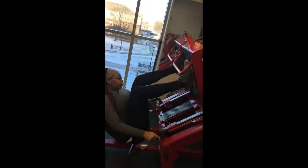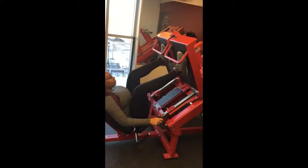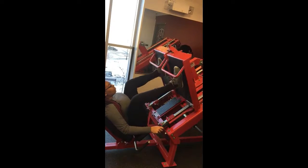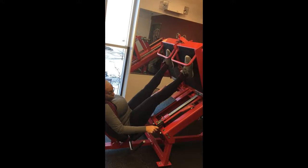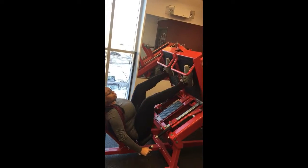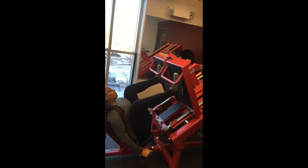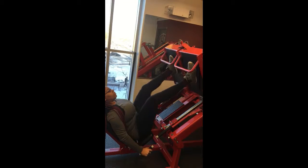As she's doing leg press, the joints that are changing angles are the hip and knee joints. The primary muscle mover for the hip joint is the glute max, and the synergists for the glute max are the hamstrings. The primary muscle mover for the knee joints are the quadriceps. For this exercise, toes are placed near the top of the platform and the heels are placed near the bottom of the platform. As she lifts up, her legs are in